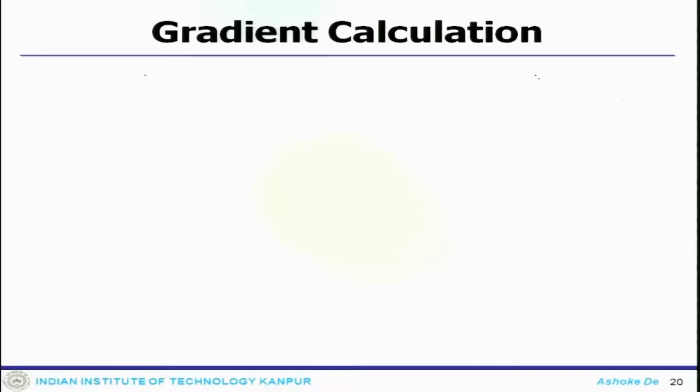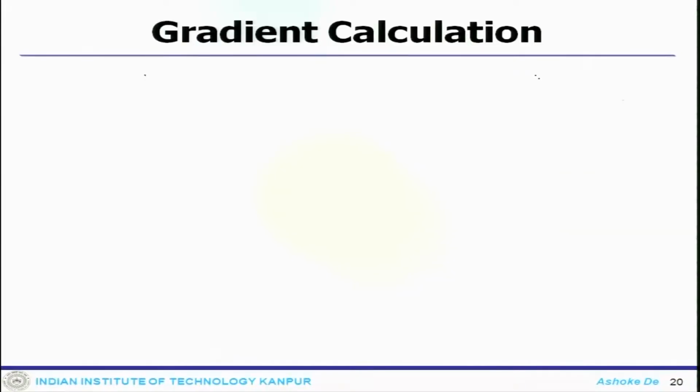Okay, so welcome to the lecture of this finite volume method. What we have discussed so far is the business of doing the calculation for the gradient. And for gradient calculation, as we have seen in our previous lectures, we have two approaches. One is using the compact stencil, the other one is the extended stencil. And in the last lecture we discussed the calculation procedure using the compact stencil.